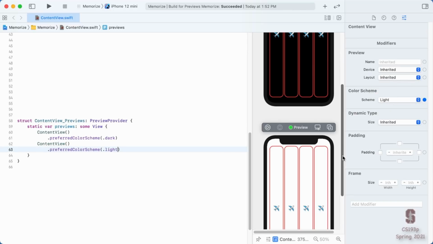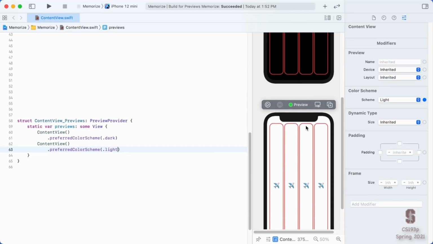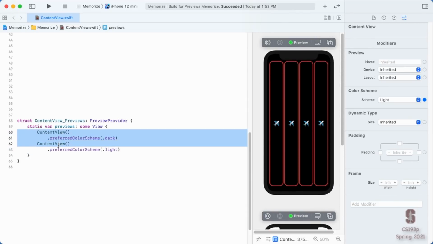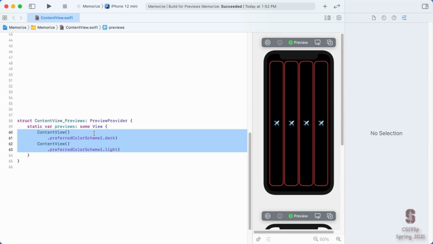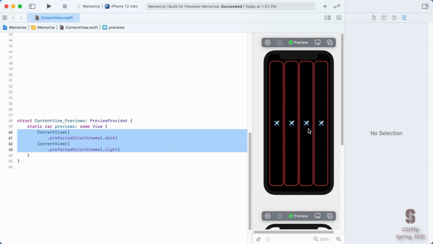So now I have both a light and a dark little preview at the same time. And just scroll back and forth between them. Inside here, we can put however many views we want. This is essentially a bag of Lego view builder thing here. And we just list as many as we want, and it'll make a simulator for each one that it encounters.